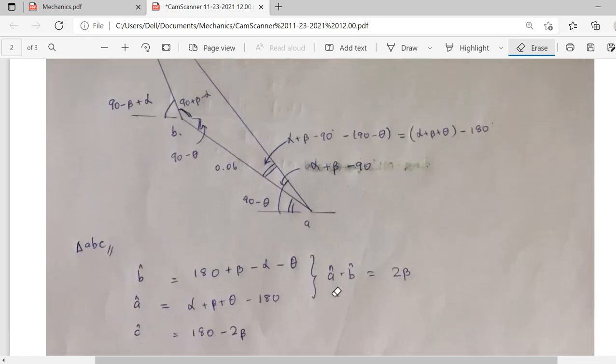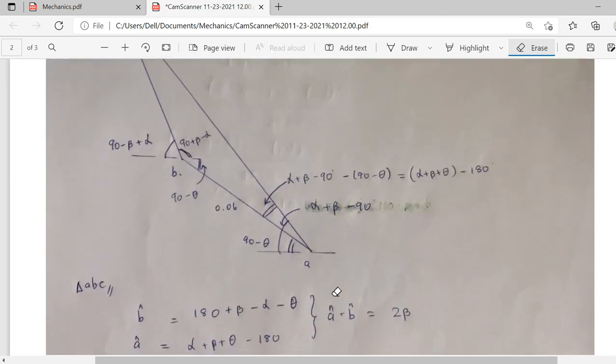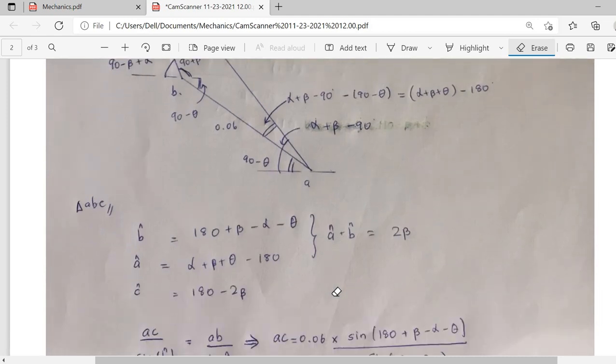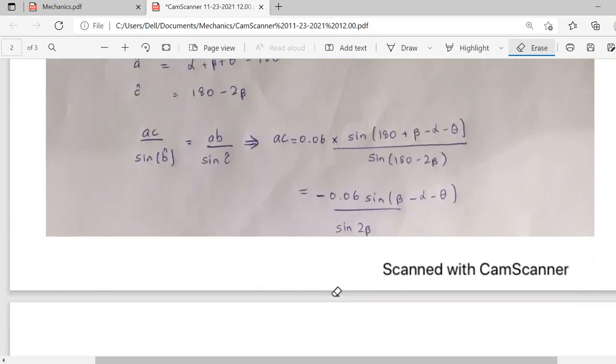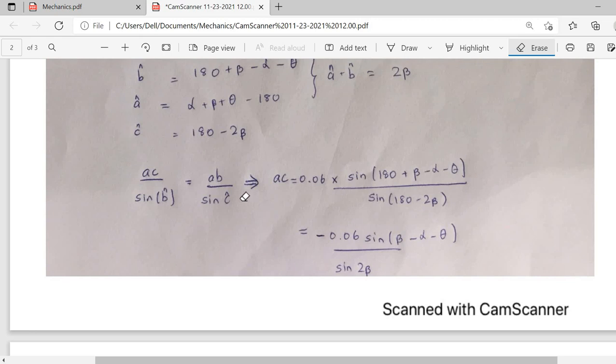So I have already found that. I'm going to find the angles for A as well as B as well as C. Here I'm going to find those angle values related to alpha, beta as well as theta. You will be getting another variable in this, but for that you need to find the value of that variable related to theta in depth, as I have shown in the previous slides. After that, I'm going to find the value of AC. So this is the method.